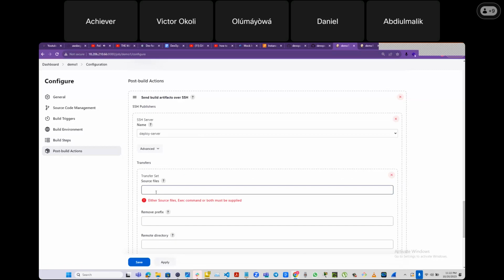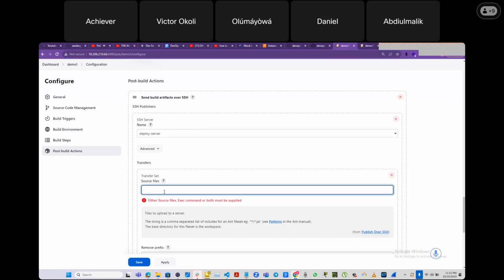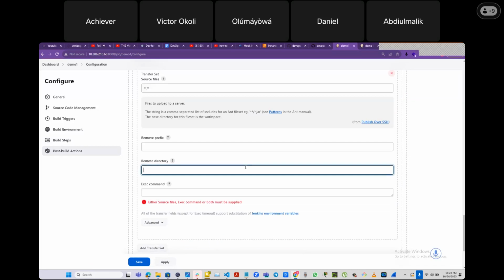So I wanted to copy everything. Okay, good. This is just saying copy everything, transfer everything. So remote directory, where do you want it to deploy it? That same location, that's all. So if I click on apply and click on save,